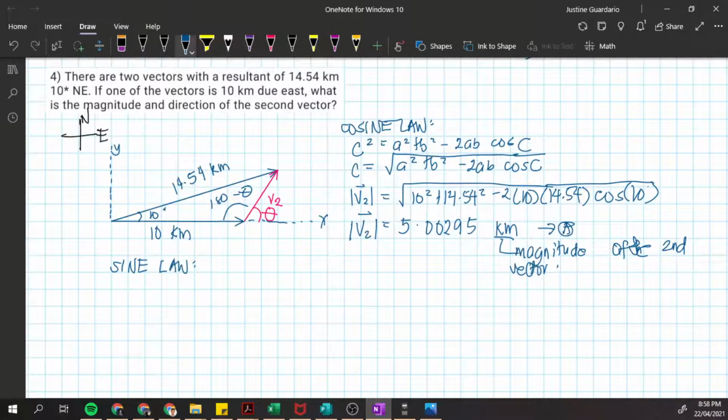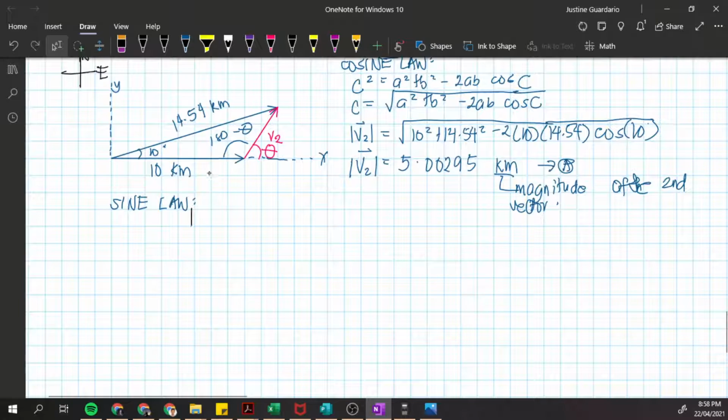According to sine law, the ratio of the opposite side over the sine of its angle is equal for all of its sides. So, for example, I have 14.54 over sine of 180 minus theta. That is equal to